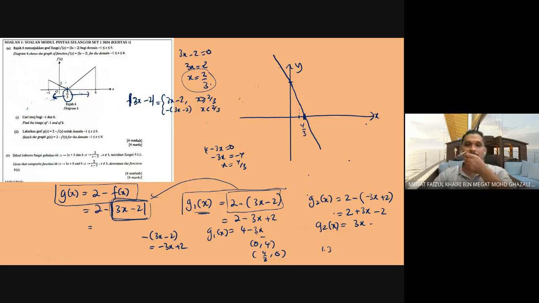Okay, so because this function is being used for the first one, g1 here, then the domain of this is